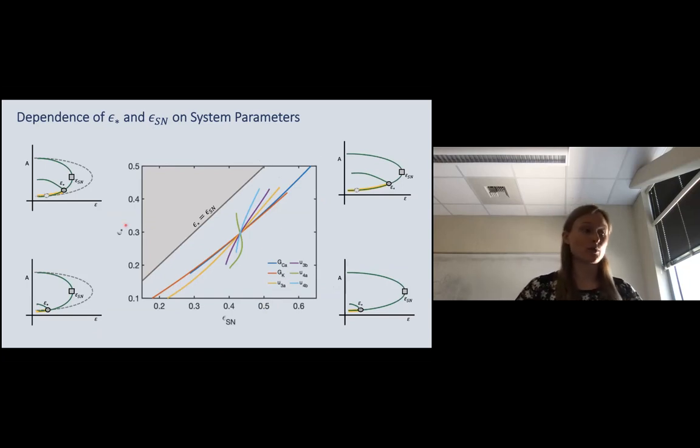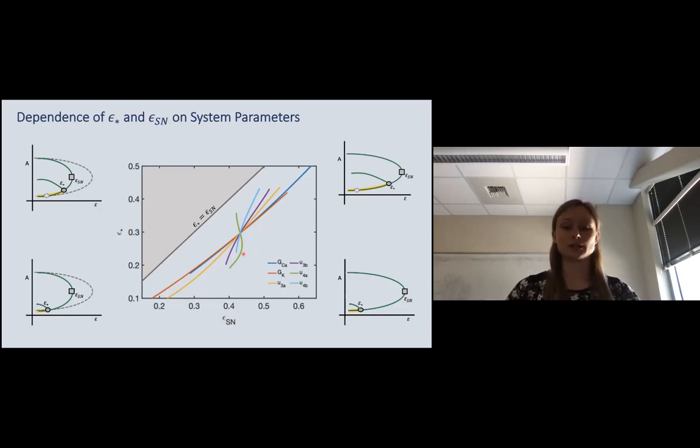So a couple of things that I want to point out. First, as we change these system parameters, we see that overall there's a monotonic response between epsilon star and epsilon saddle node, except for one parameter. There's this U4A, which for moderate changes actually results in a negative slope. So conditions over here on the bottom right are the ideal situation, where we're not really changing that saddle node, but we are greatly reducing that epsilon star. So I'm going to keep track of this U4A once we go to interpret this back in the context of